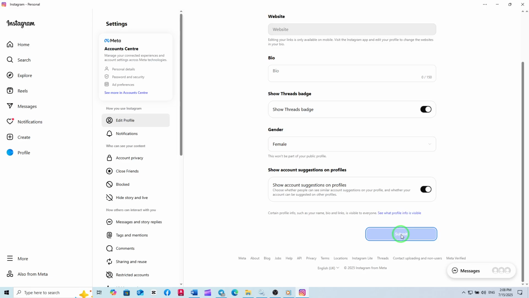It's a quick and simple process, but it's always good to know exactly where to find these settings, especially with